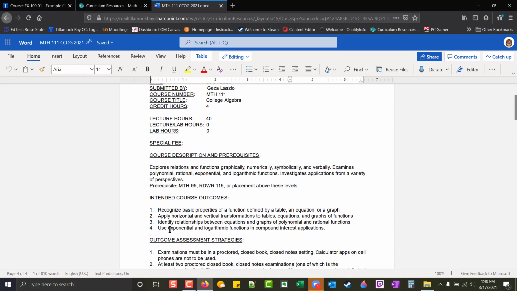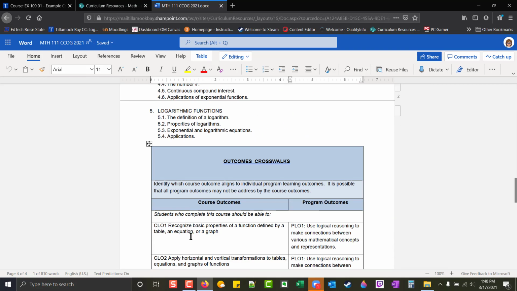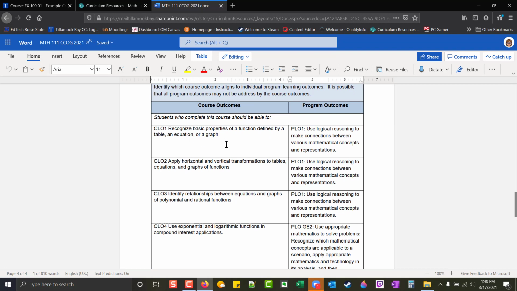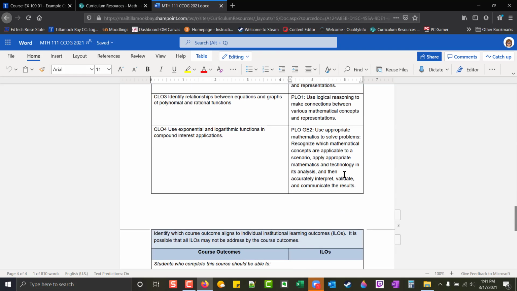course outcomes listed here, and they should be labeled for you, CLO 1 through 4, and they are mapped to program learning outcomes, and the program learning outcomes are labeled as well, PLO 1, and then one of the program learning outcomes is a general ed outcome, PLO GE2,